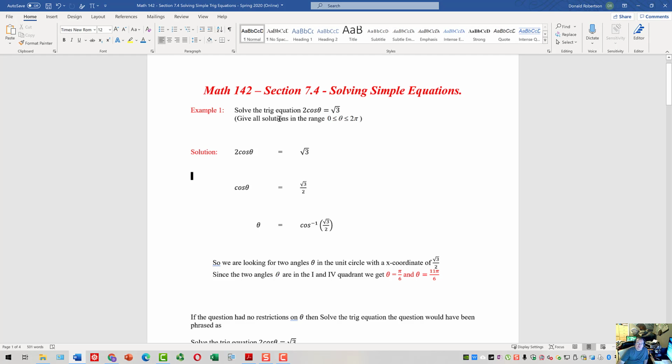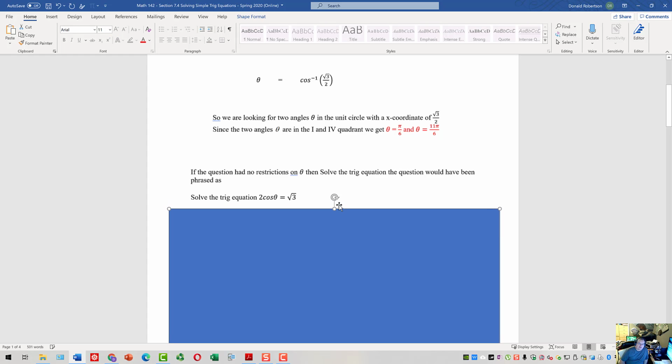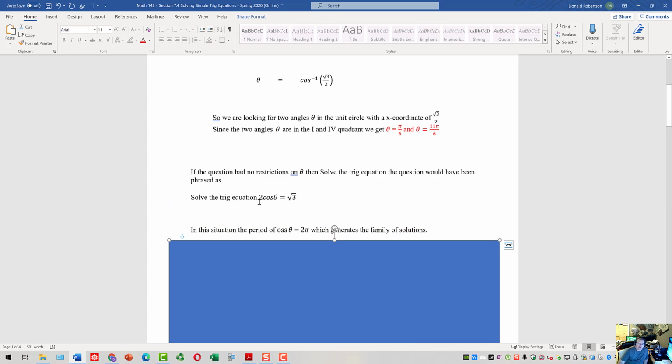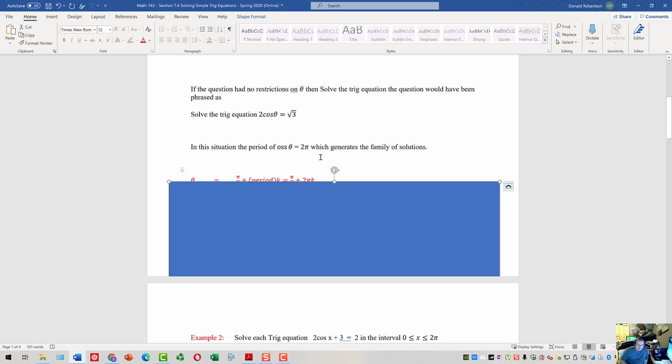But suppose they wanted the general solution, right? No restrictions on theta at all. They want the general solutions. So if they were looking at that situation, what you would probably just see is: solve the equation 2 cosine theta equals root 3, and nothing else. So what we need to do here is realise, because it's important to generate these, that